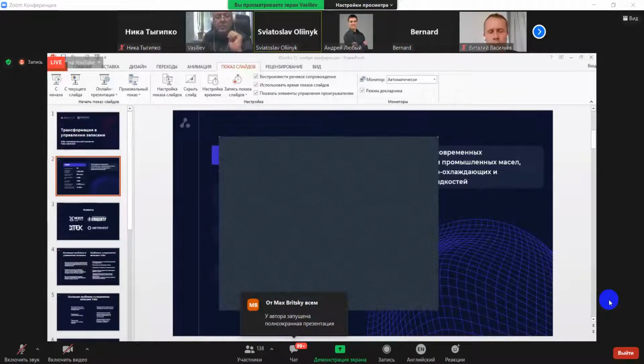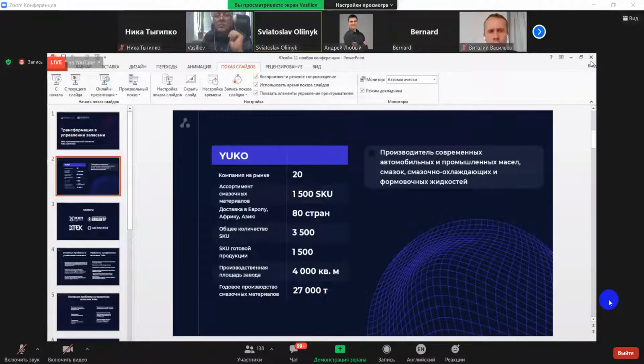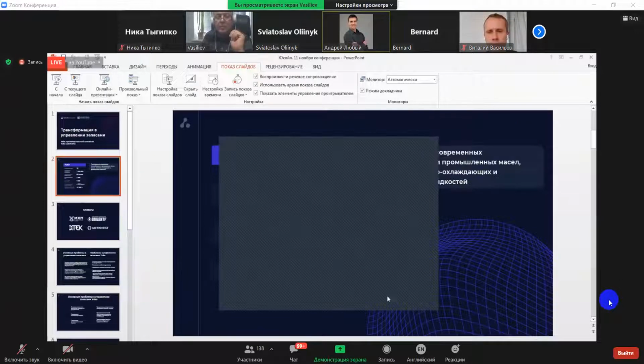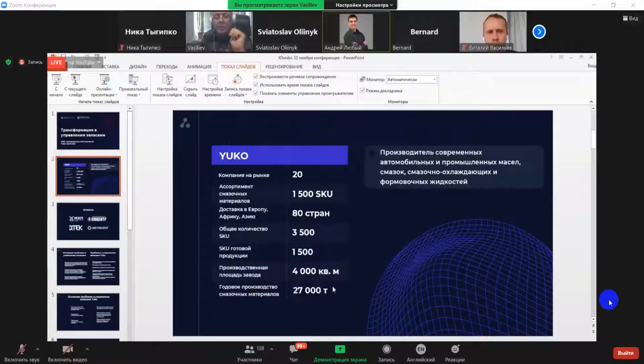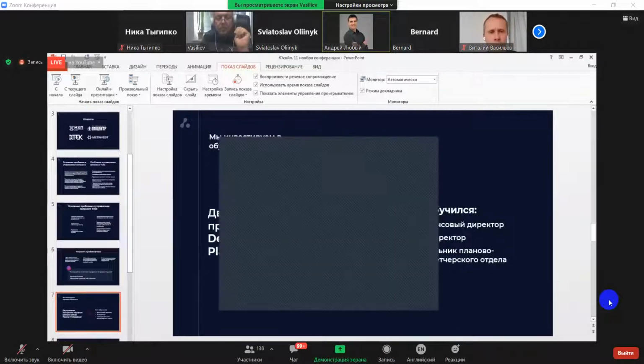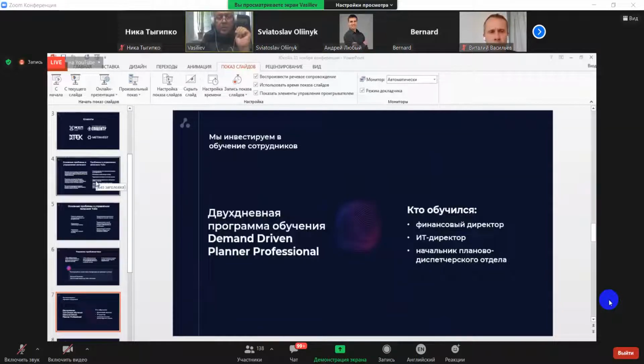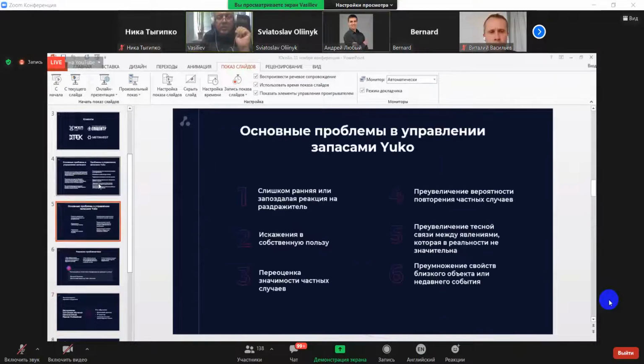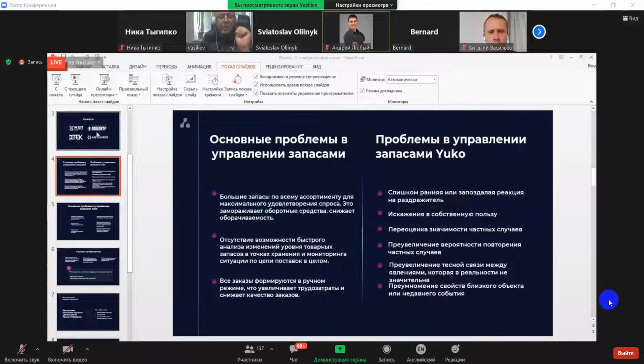So maybe you can stop the demonstration and try to click on the button on the Zoom and share your screen. It's switching from one to the other. Okay,